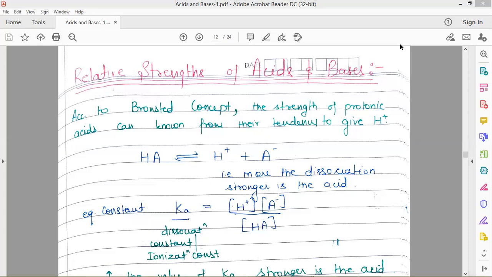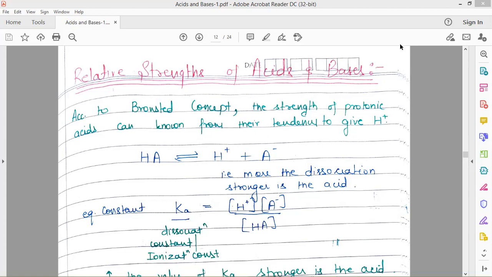So far among the acids and bases, this is your unit 2, and we have discussed all the six concepts: Arrhenius concept, Bronsted-Lowry, third one was the Lewis acid-base concept, fourth one was the Lux-Flood, fifth one was Usanovich, and sixth one was the solvent system concept. Now we know that different types of acids and bases can be explained on the basis of one or more of these six concepts. So mostly all the compounds are covered under these six systems of acids and bases.